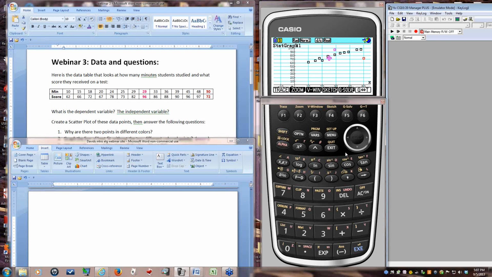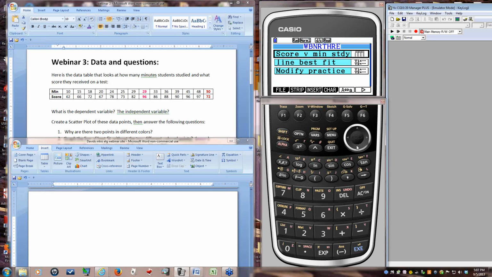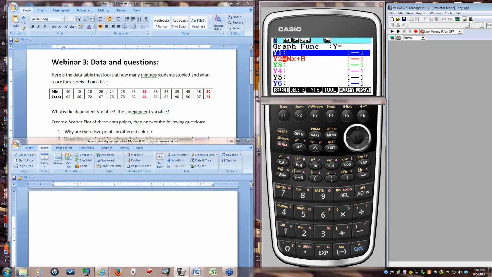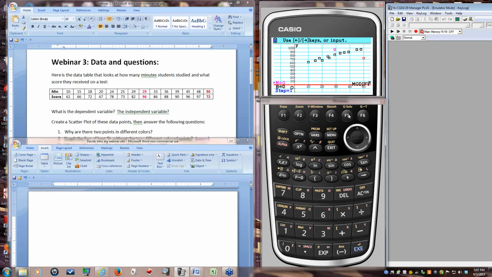So I'm going to jump out of this part of the E activity and go down to where I'm actually looking at the line of best fit. And if I hit modify, this is the same window that I had before, but now if I hit trace, the only thing I'm tracing is on my line. So actually right now I'm in modify, so I can't do that. But I cannot trace the data points because they're just background. This whole graph is background. And I'm using the same window, and you'll see how that works when we do the revisions.